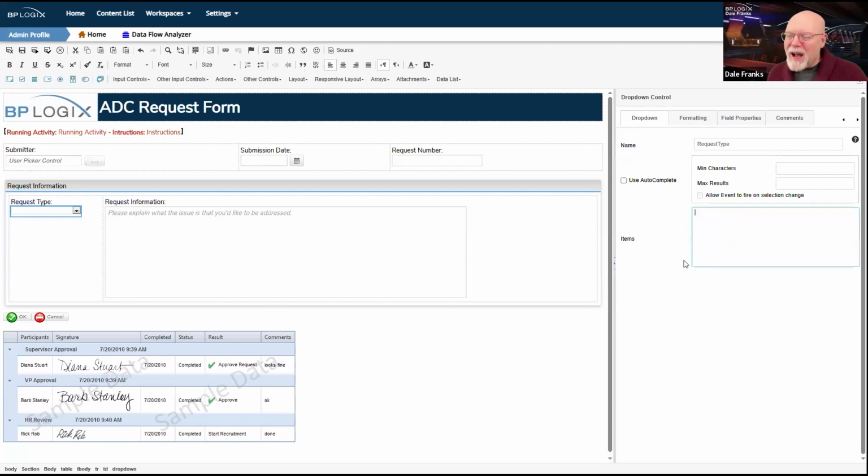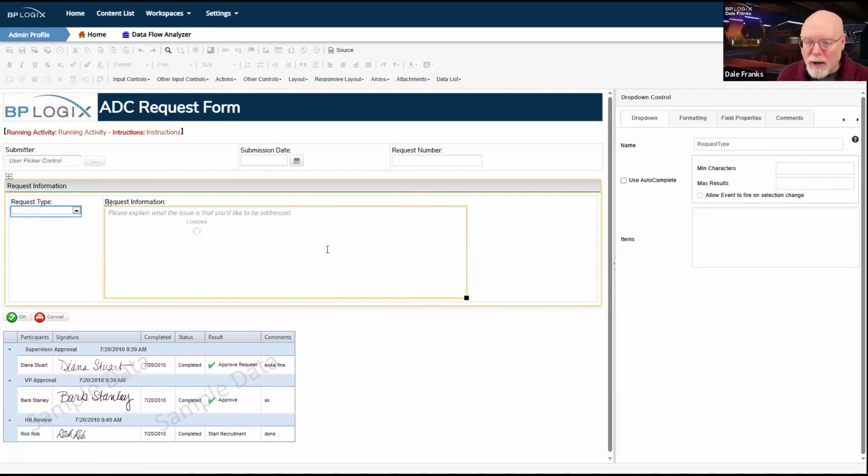So I'm not going to configure this particular control here, but I am going to save and close my form, and I am going to have to create the drop-down object for it to supply the options for the drop-down control at runtime for my form. And as soon as this form saves, we will do that.